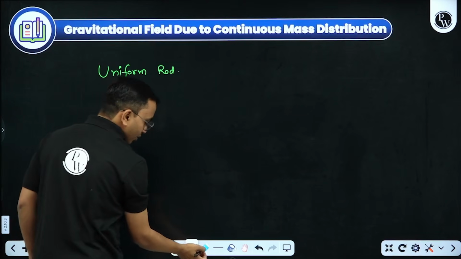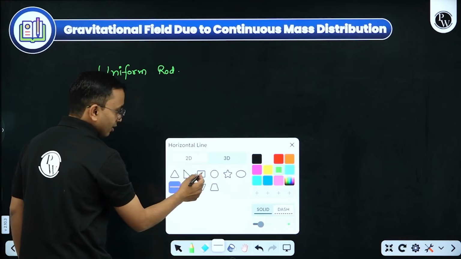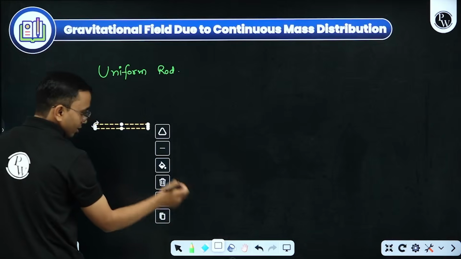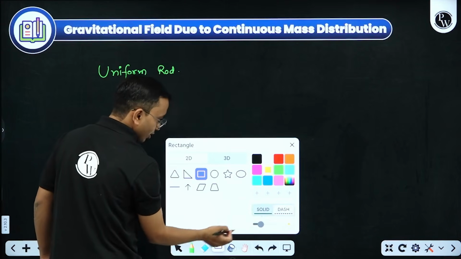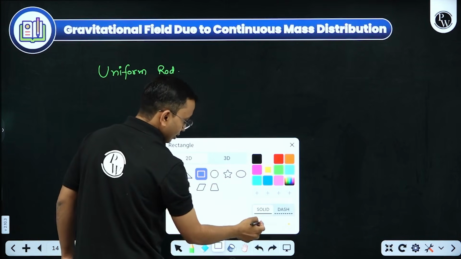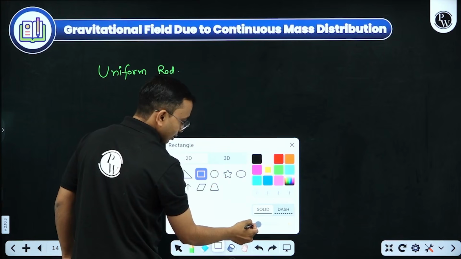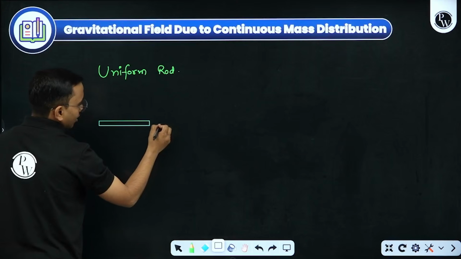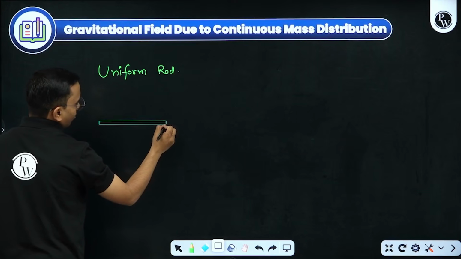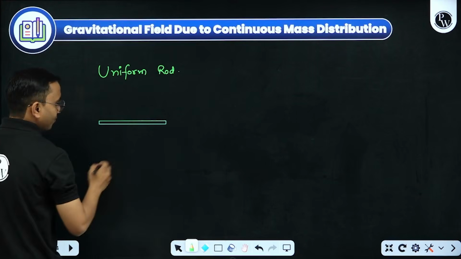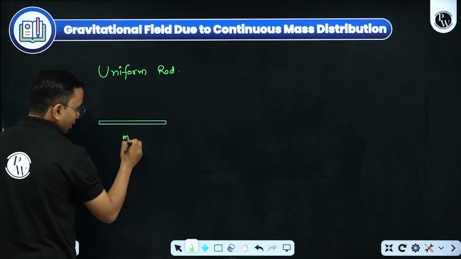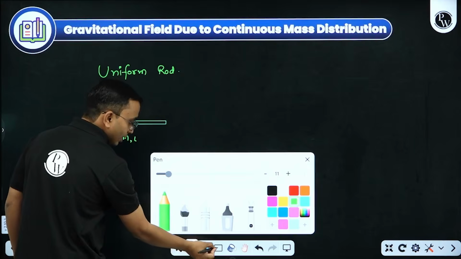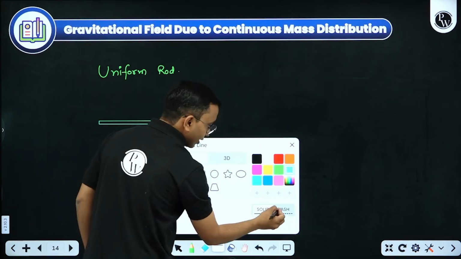Okay, so this is dotted. I need a solid one, and I hope this is fine. Yeah, this is a uniform rod and the mass is M. Okay, length is L. I need to find the gravitational field at a point,